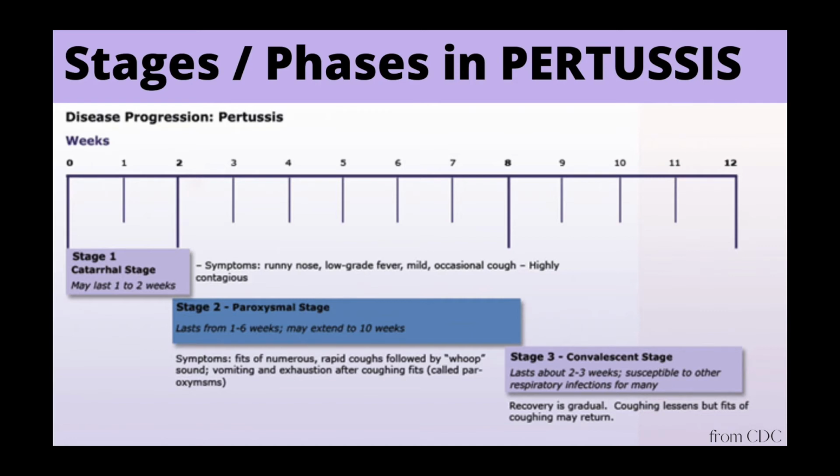Stage 2, the paroxysmal phase. In this phase, coughing becomes more intense. The whooping sound can begin. Vomiting from continuous coughing may occur also. Stage 3, the convalescent phase. In the last phase, most symptoms have stopped. The patient is in a slow recovery phase with a chronic cough, which may continue for weeks.